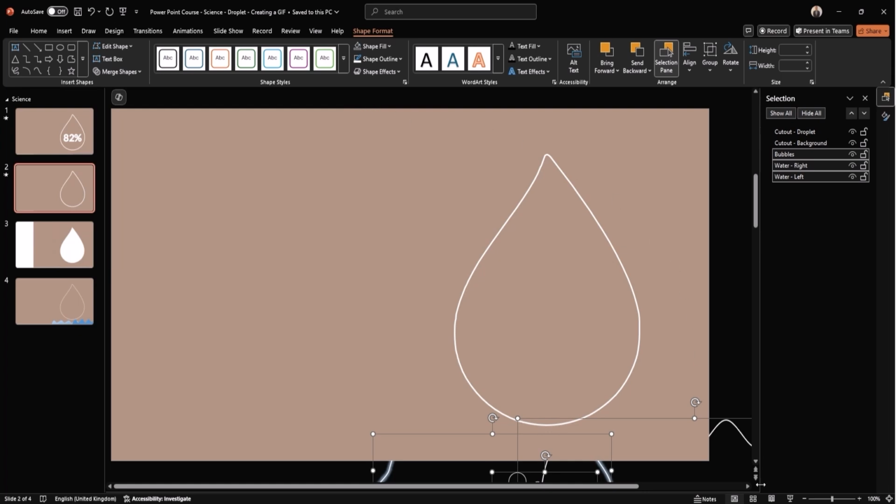Let's play the slide and see how it looks. It looks like we're running into layer issues again. Since we removed the fill from the primary wave, the secondary wave behind it is now visible through the cutout, which isn't what we want. Let's fix that.